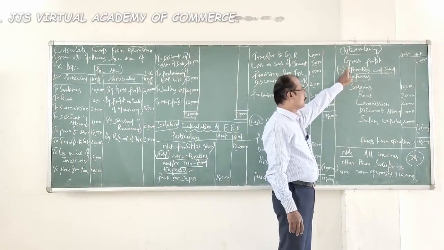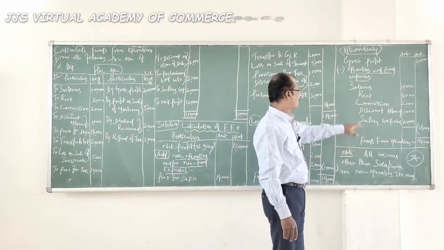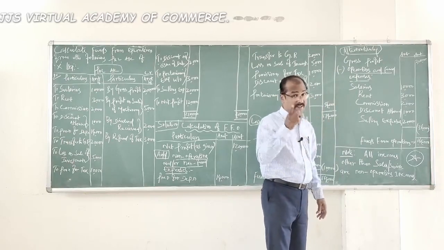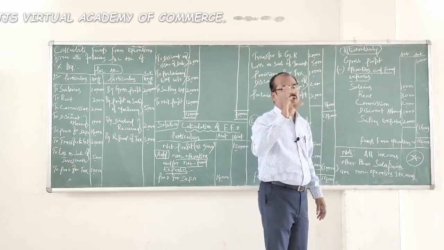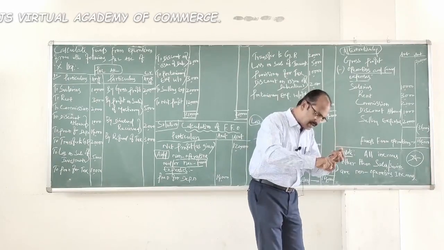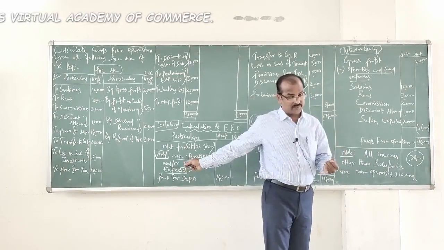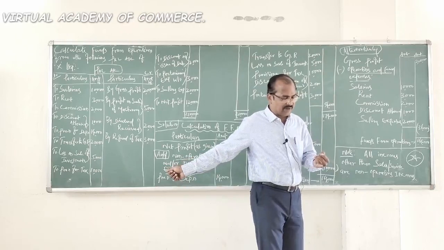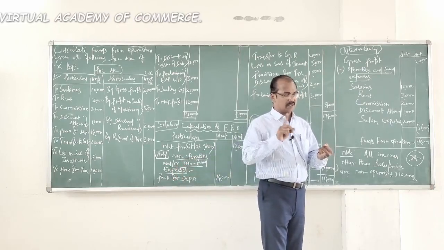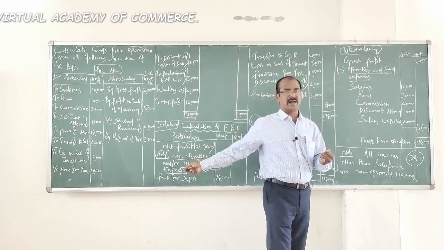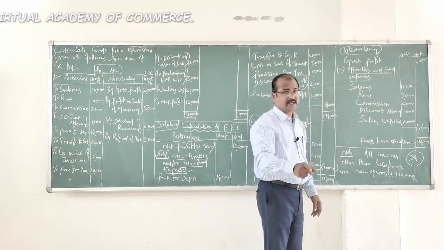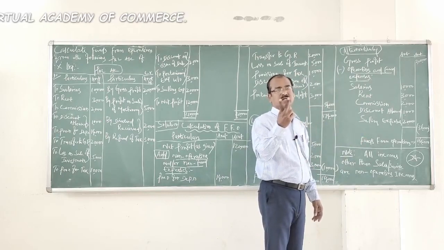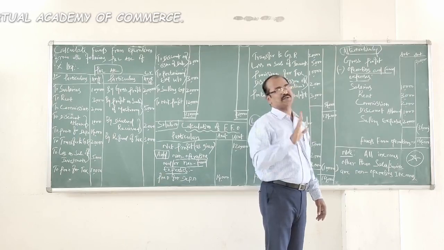Yes. The second method: gross profit 2 lakh rupees. That's the starting point. What do you do? You deduct both operating and fund expenses. Deduct the items that fulfill both the criteria. It should be operating and fund as well. With non-operating or non-fund items, it's a different story. Even if one criterion is not fulfilled, it has to be added. That is why I have very carefully written non-operating and/or non-fund expenses. But here, an item to be subtracted should fulfill two criteria together. One, it should be an operating and fund expense as well.